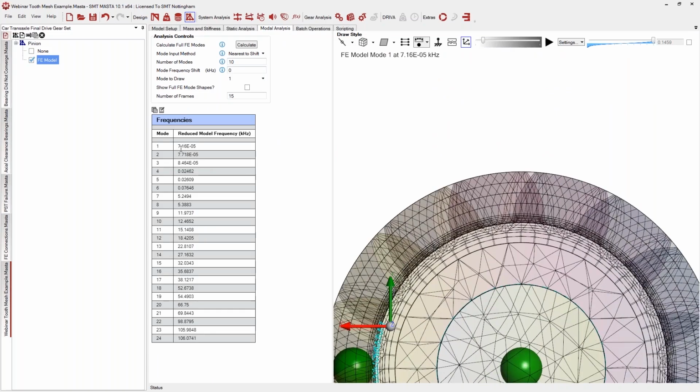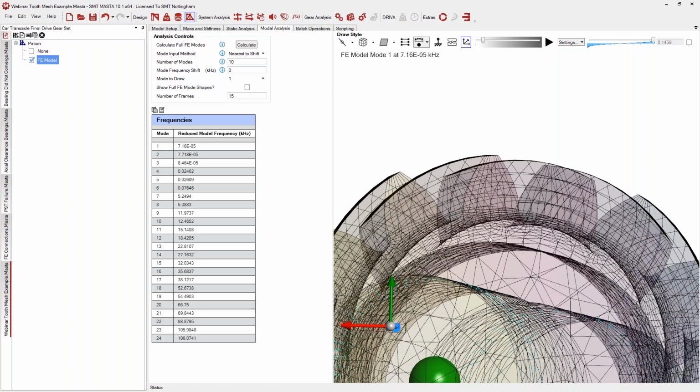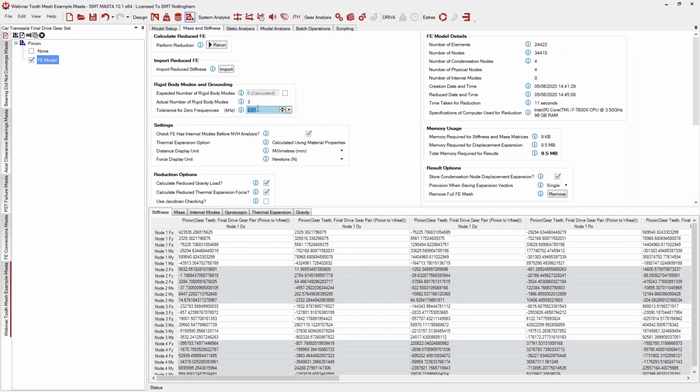model frequencies are much lower than they were before. My apologies, I should have showed you that. But we were getting around about 0.16 in this 6th mode. And now we are getting slightly better frequencies, but they're still not perfect. If I was to put this at 0.2,